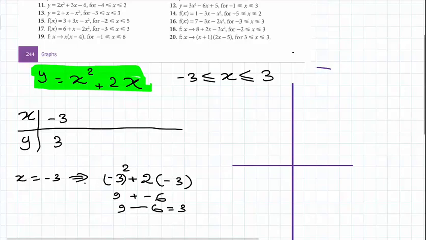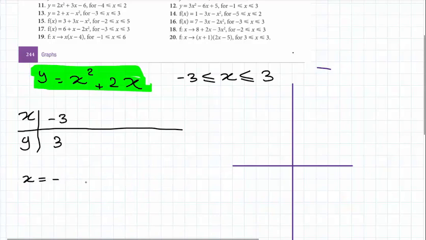This is the value of y. Now let's pick -2. If x is equal to -2, we will have (-2) squared. It's better to put brackets when you have a negative number with powers, because some calculators don't calculate correctly when you don't put brackets. So put brackets all the time. Now (-2) squared plus 2 times -2. (-2) squared is equal to 4. 2 times -2 is -4. So -2